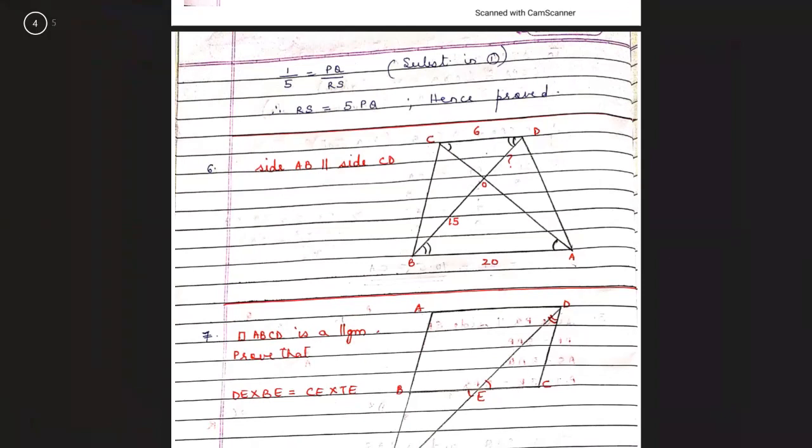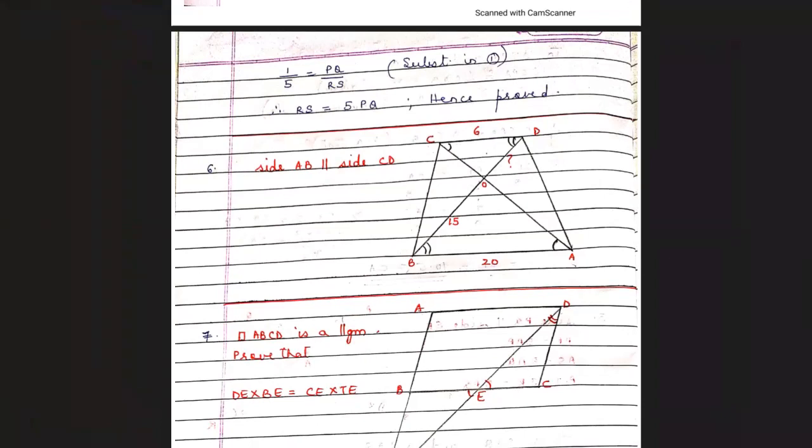Now, this is a trapezium. You are given AB parallel to CD. Now, which two triangles must be proved similar? COD and AOB. And why will it be similar? Same reason. The opposite sides are parallel. They are two transversals. You find two sets of alternate angles, right? And therefore, the triangles are similar by AA test.